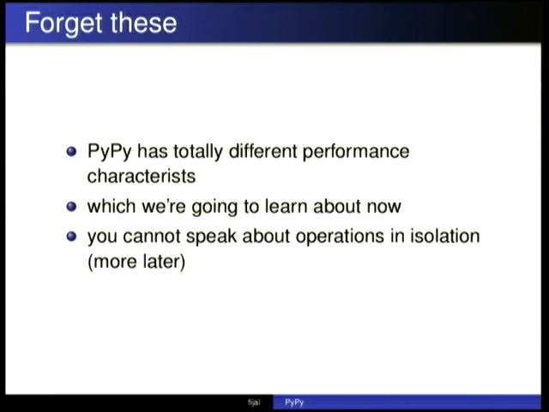You can't say what is the speed of a function call. With all of PyPy's infrastructure, the speed of a function call matters. Is this function inlined by the just-in-time compiler? Are you calling a C function versus a Python function? Does the function have its own loop inside of it? All these sort of details we're going to be looking at. Operations do not exist alone.